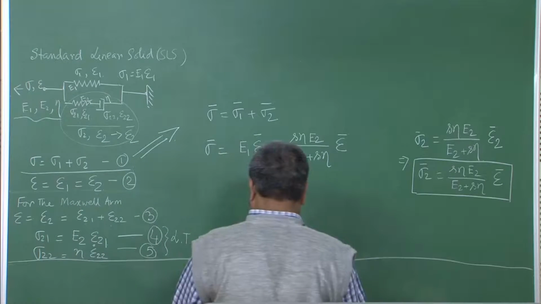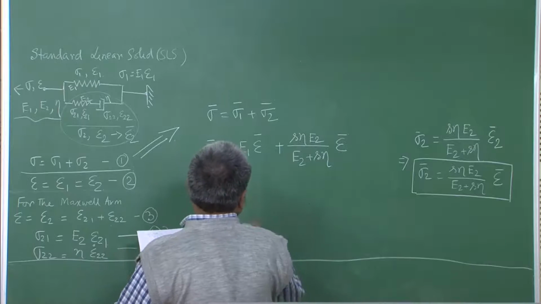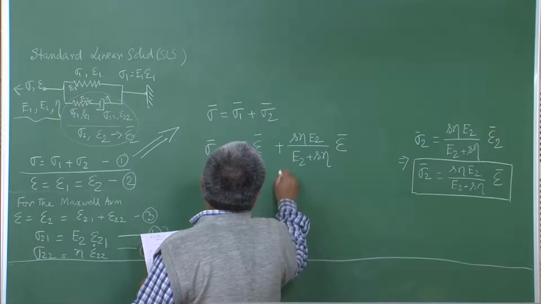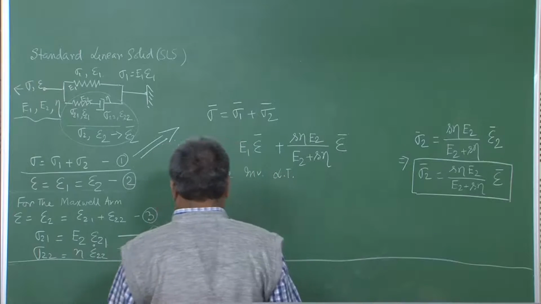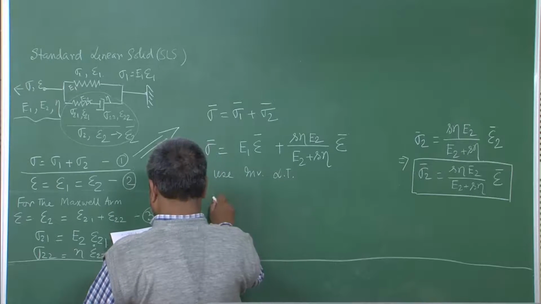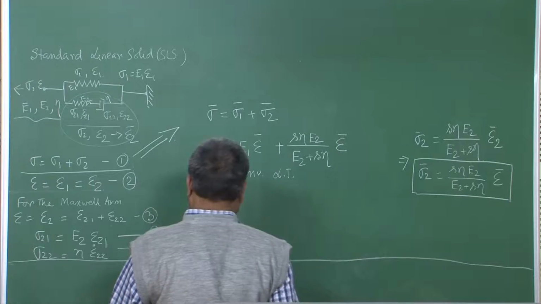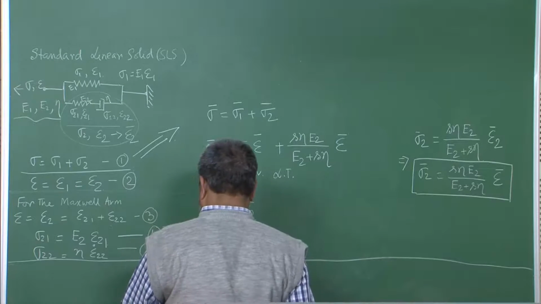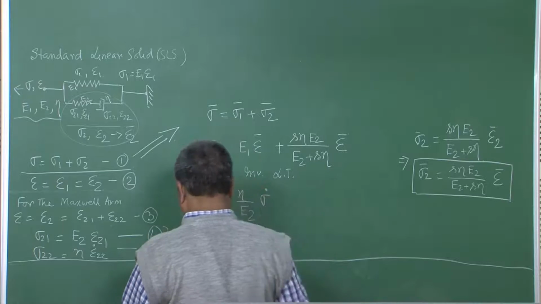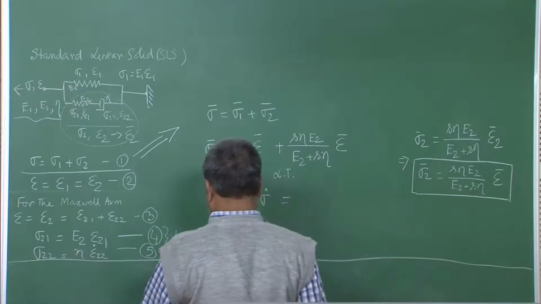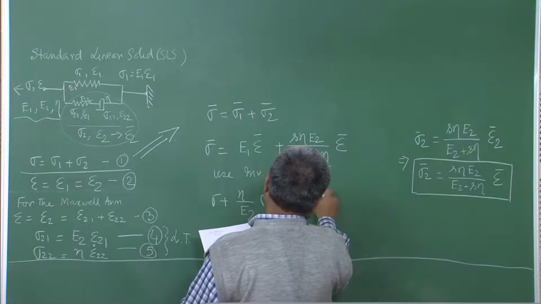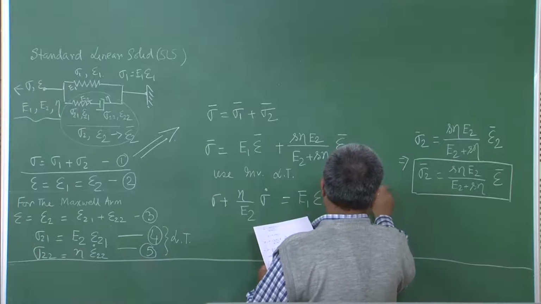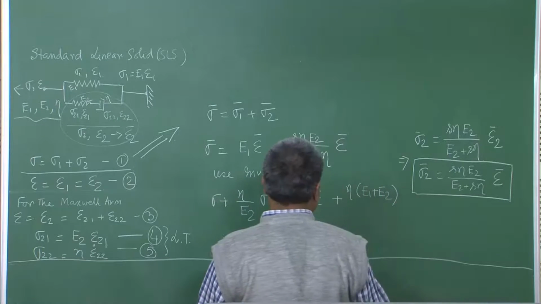So, we can convert it to time domain now, and if I use the inverse Laplace transformation, then this should become sigma plus eta over E2 sigma dot, and you can carry this out on your own, and this will become E1 epsilon plus eta times E1 plus E2 over E2